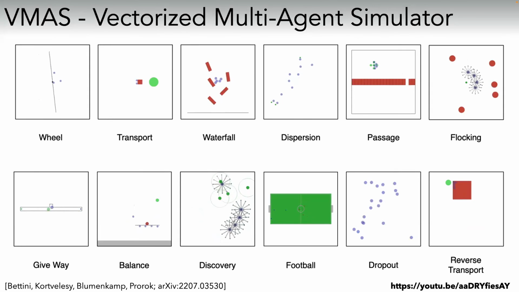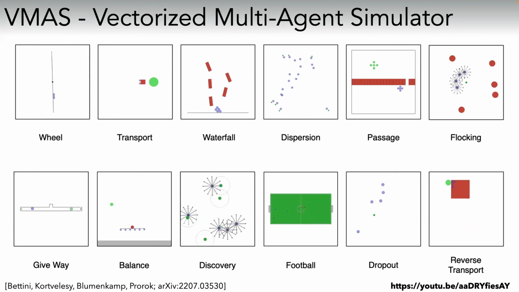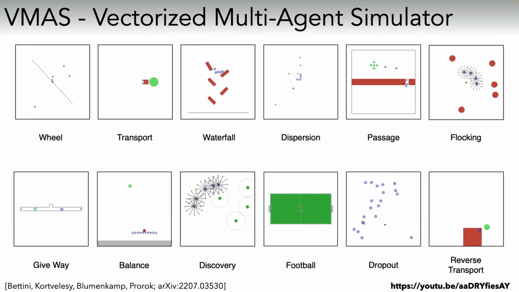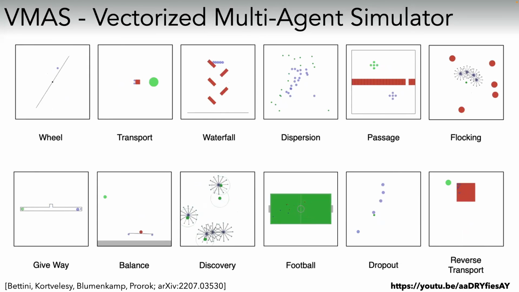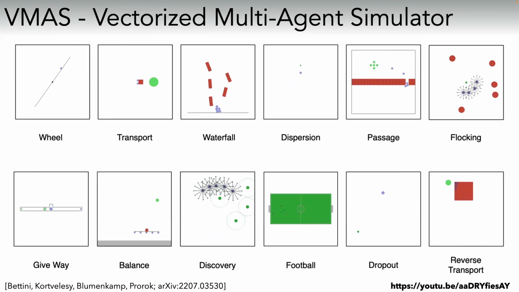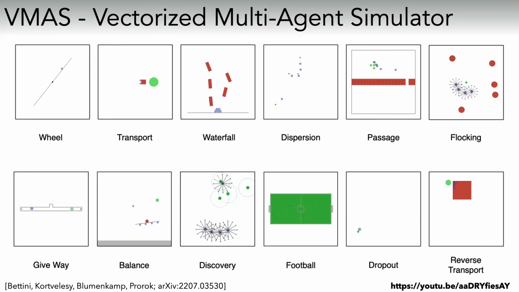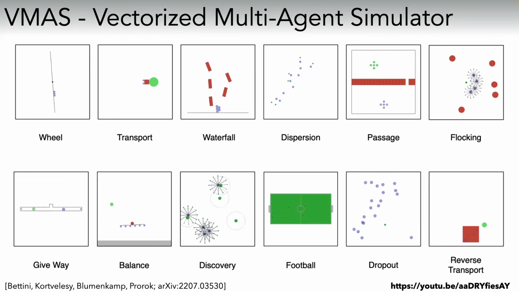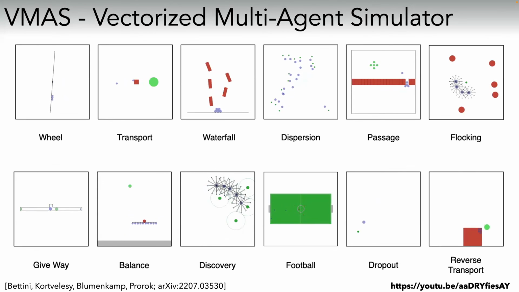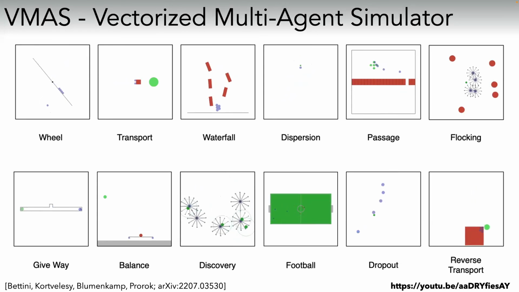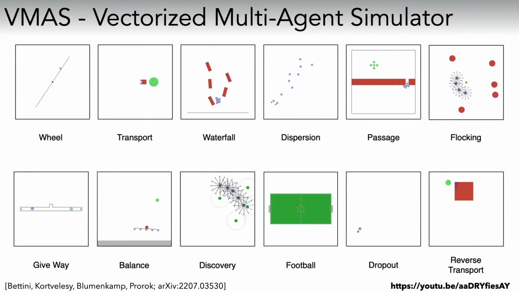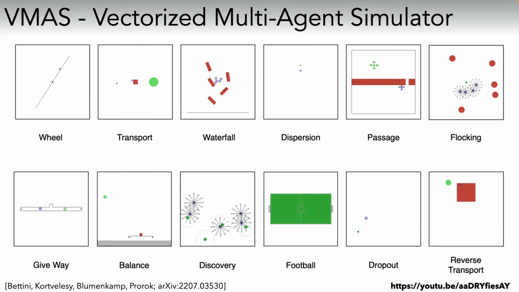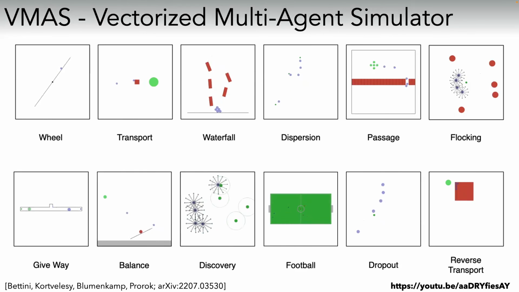We have football, which is a complicated one. We have passage, which is the one I showed you. The agents have to learn not to get into a deadlock. We have the wheel, which is really interesting because the agents have to learn to turn the wheel and reach a specific angular velocity. So it's not just anyone. It's very fine, and the wheel actually has dynamics, so there's momentum there. And there are a couple of others that I won't go into much detail on here, but I invite you to check out.